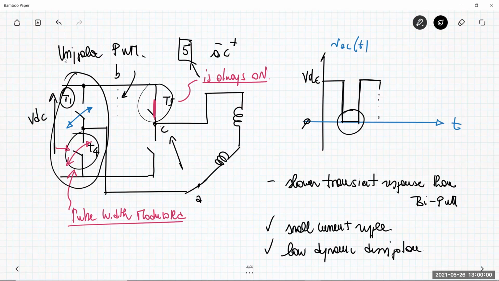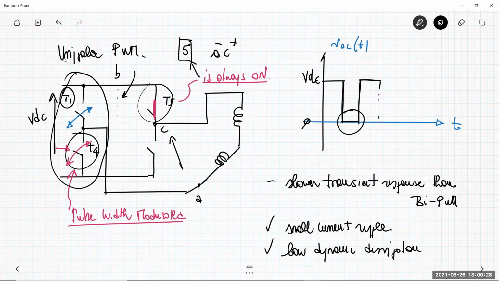There is a problem, which is the current flowing through phase B in this situation, through the body diodes of the transistors that are not activated, and so this can be a problem. I don't want to go into detail on these issues, but basically you can solve this by modifying a little bit the way you are activating